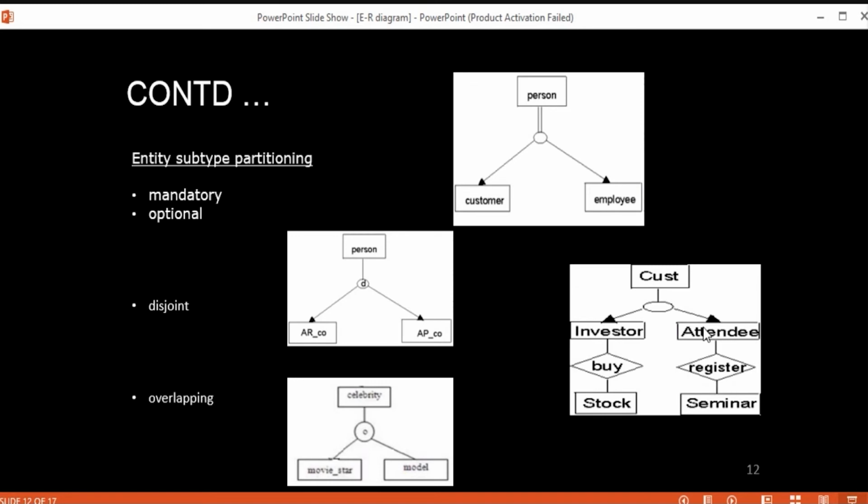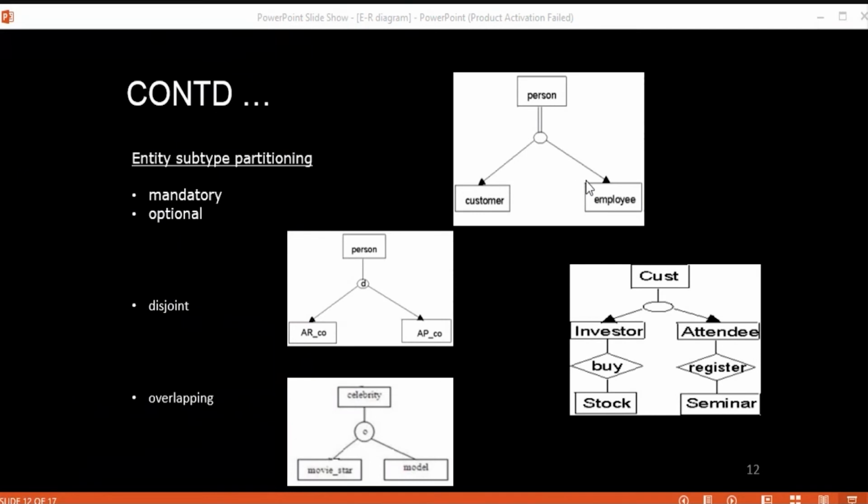Okay, so we can classify them in many ways. And we can give the relationship between the supertype and the subtype entities, starting with the mandatory. So assume that there is one person, and its entity subtypes are the customer and the employee.